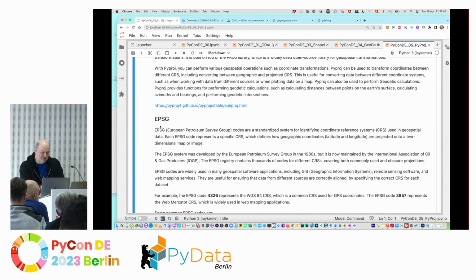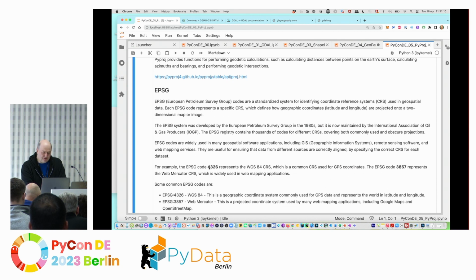called EPSG. It's the European Petroleum Survey Group. They have an interest in mapping, obviously. They want to know where they find their oil or whatever they are looking for. And they collect all coordinate reference systems and give them a number. So previously we used this 4326. The EPSG code